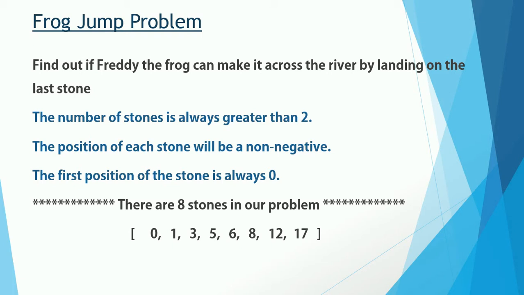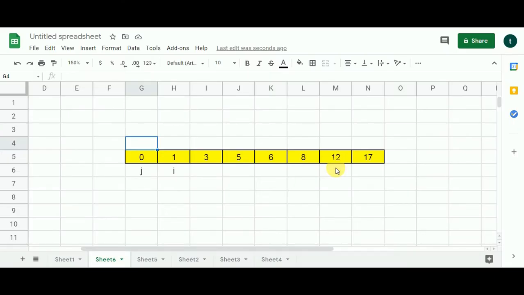Now let's switch to the framework and start solving this problem. Alright, so here I have listed down the respective distances of all the 8 stones in an array for the demonstration purpose. We are adapting the dynamic programming technique, so we'll be following the bottom-up approach. That means we are going to start from the smallest subproblem, which is this, because the frog is already at stone 0. We are also going to assume that the last jump of the frog was 0 to begin with. Now there are two variables I am placing, one is i and one is j. As we progress, you are going to learn how to make use of these variables.